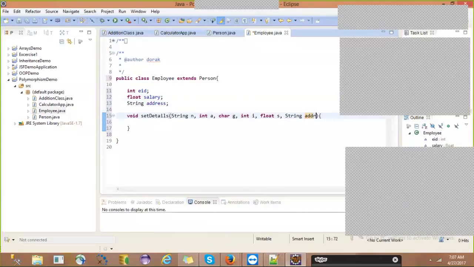Already we have written the code over there, but whenever we are storing the employee details, we have to take the inputs for all these things, right? See, compare every object of this employee or person or customer to an application form.